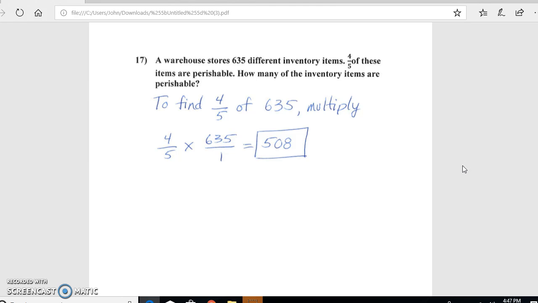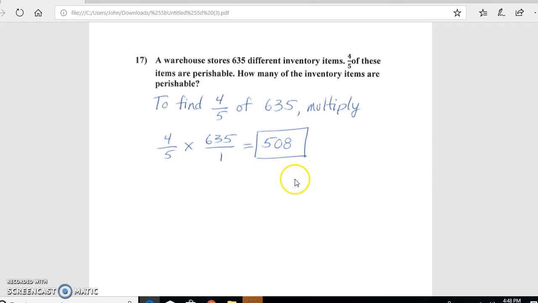And what we want to do here is find 4/5 of the total number of items, the 635. Now, to find a fraction of a number, in this case, to find 4/5 of the 635, we always multiply. So we're going to take 4/5 times 635, and you can use your calculator. You would enter in the 4/5 as a fraction using the fraction key, and when you multiply, you're going to